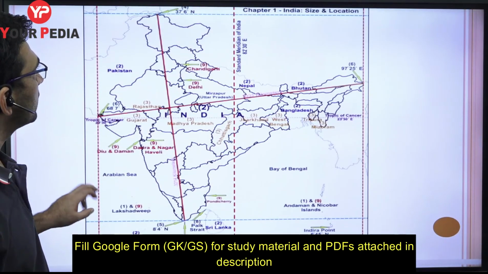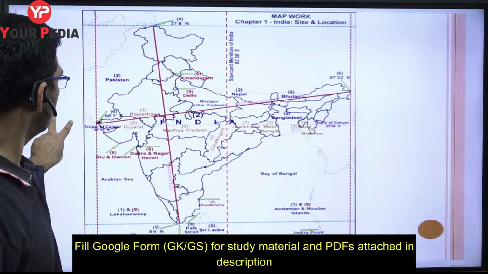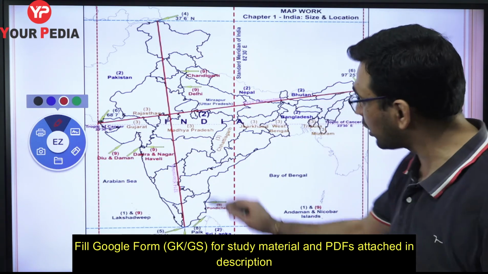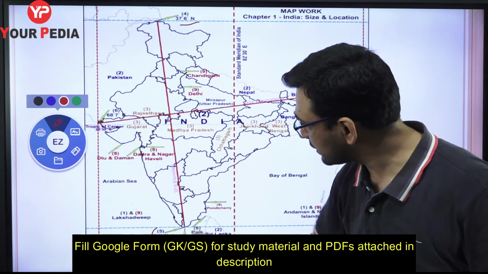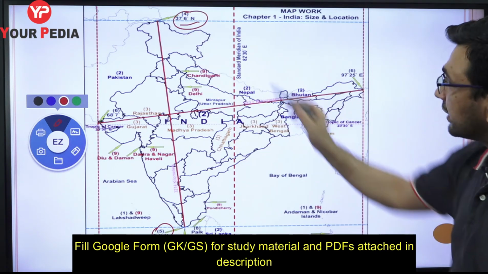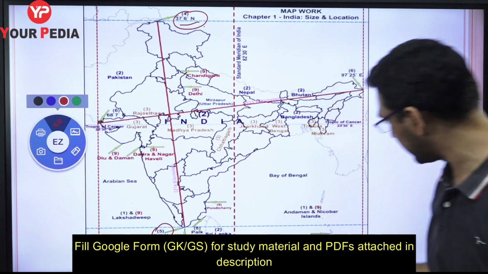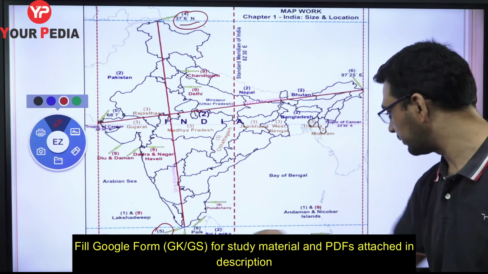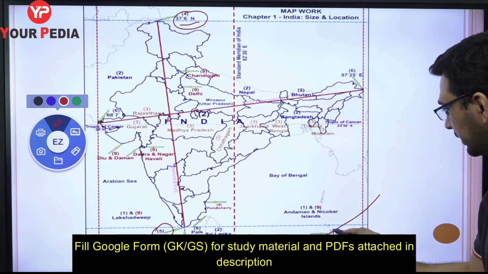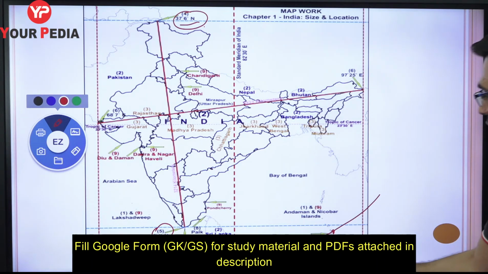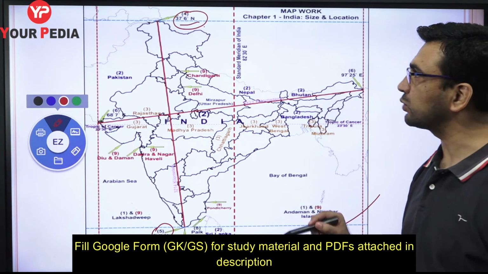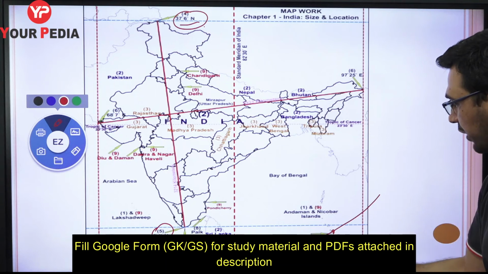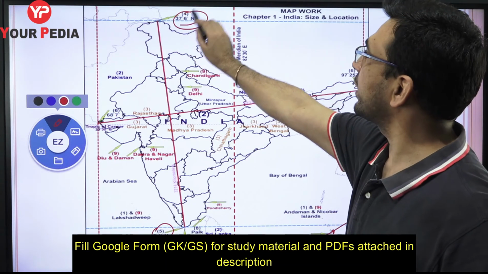But when we talk about India, what is the latitudinal extent of India? Then you will not say this minus this. You will say this minus where India starts, because the equator is down there. See the Pygmalion point or Indira Point. The latitudinal extent of Pygmalion point is 6.45 degree north. So for India, when we ask the latitudinal extent, we'll say India extends from 6.45 degree north to 37.6 degree north.